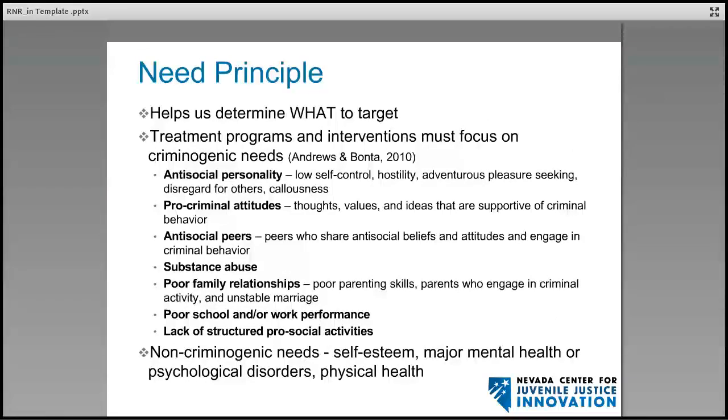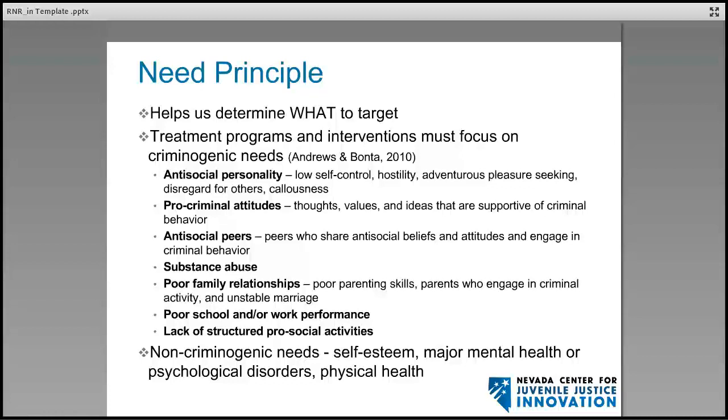The second principle, the need principle, helps us determine what to target. The need principle asserts that treatment programs and interventions must focus on the criminogenic needs of the youth. Criminogenic needs are dynamic or changeable risk factors that drive or are directly related to delinquent behavior,